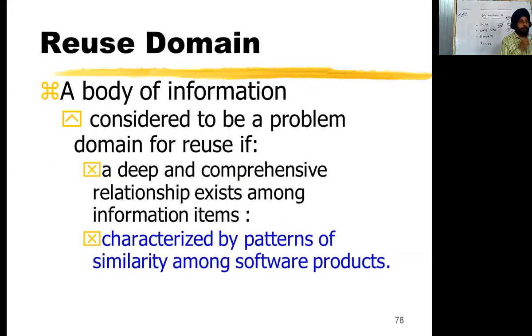If you have that particular domain knowledge or do the analysis, then you can very easily identify that this component can be reused, and in which environment. So this is the same about the reuse domain. You have to see the domain. What are the different aspects? What are the areas where this component can be reused in different environments? We have to see the characteristics. What are the features of that particular component? Next one.